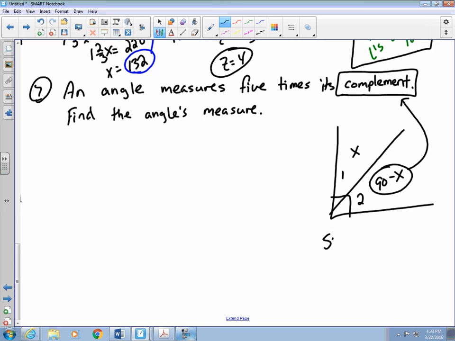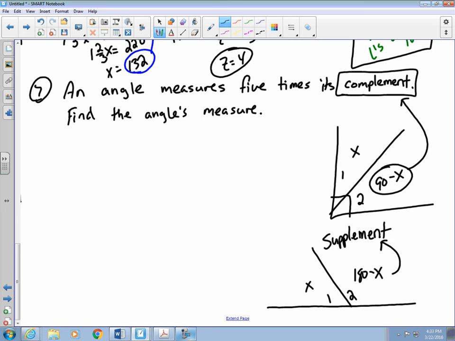Now on your test, they changed this to supplement, which would be 180 degrees. So you have two angles that add up to 180 degrees, which is a straight line. And if this is x, then angle 2 is going to be 180 minus x, and that will be supplement. Now,